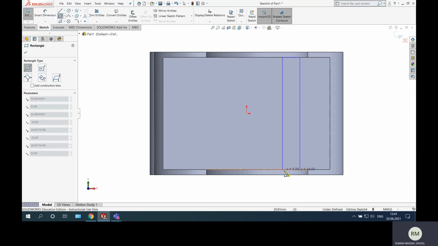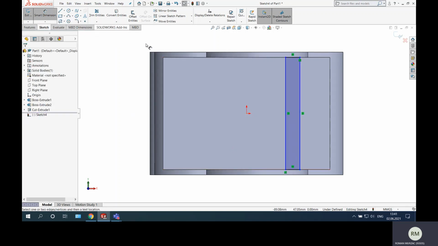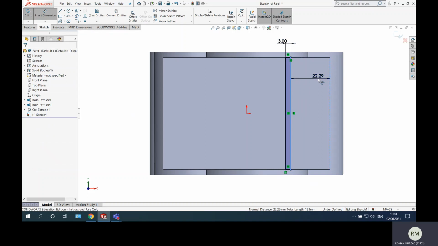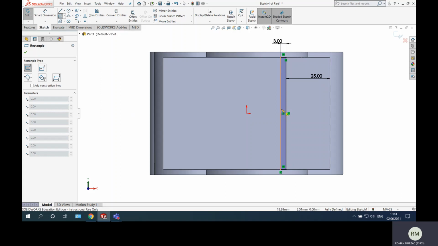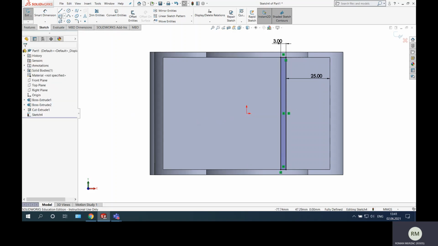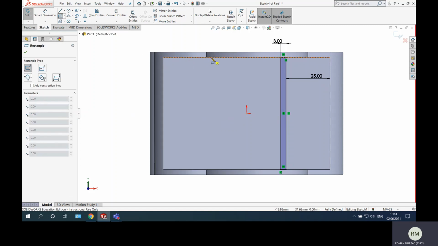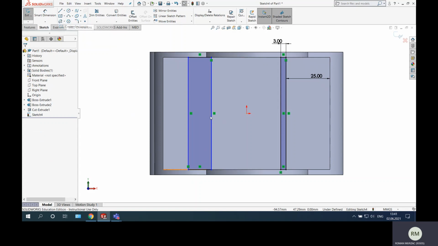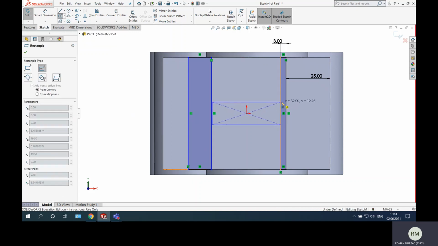So just make the 3 millimeters, 3 millimeters, yes, and let's say this will remain 25 millimeters, yes. And of course I can do all from the same sketch, and here let's say I can do another compartmentation here, yes, and of course another from center to here,